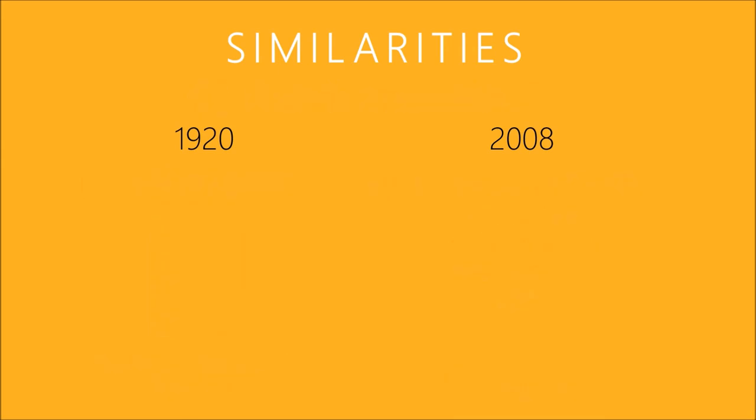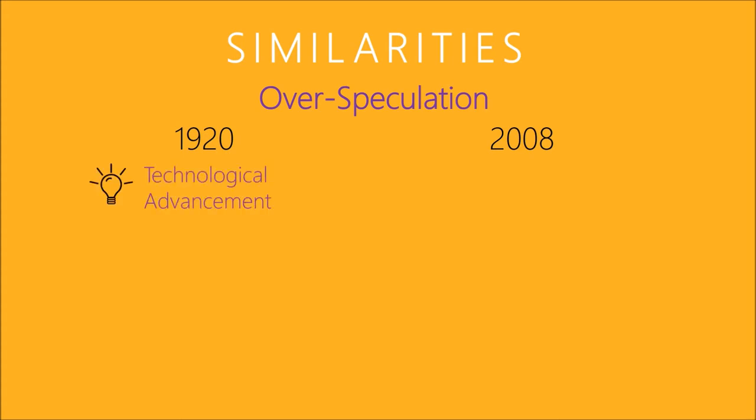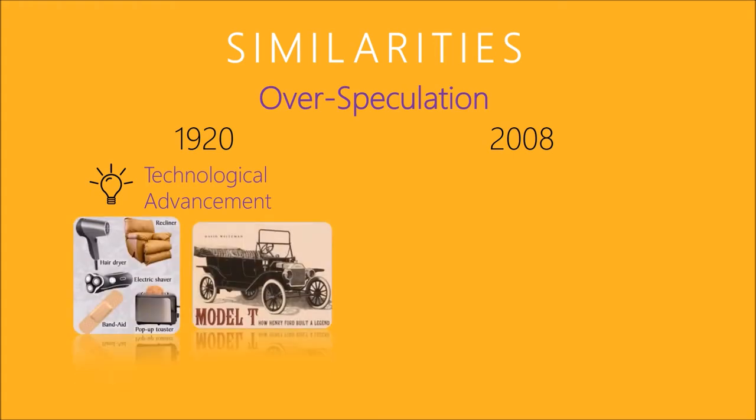Of course, the financial innovation itself is not enough. The very reason that explains both the crises is actually the speculation in the market. This is the third similarity. In the 1920s, technological advancement developed at a remarkable pace where more and more luxury goods and consumer goods were available in the market. Under the booming economy, Americans had no reason not to buy. They had so many goods and ads everywhere which stimulated consumption. They were told, what is in your hand is the strongest currency. And you don't have money yet? You can pay in installments.